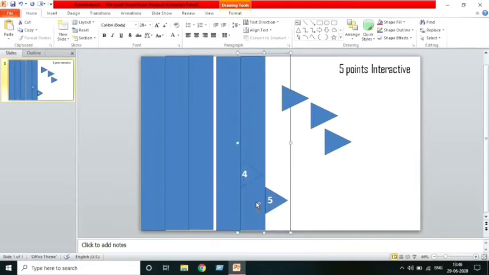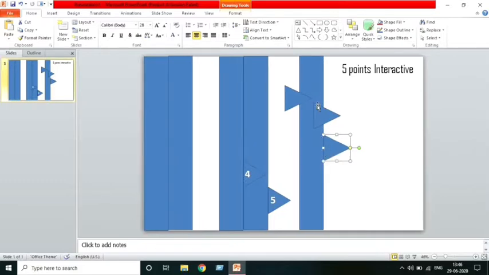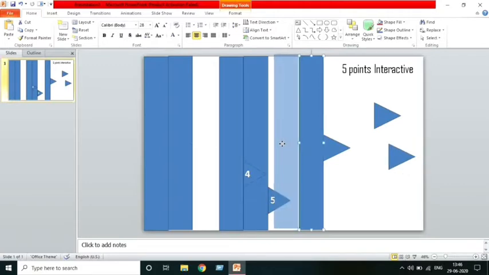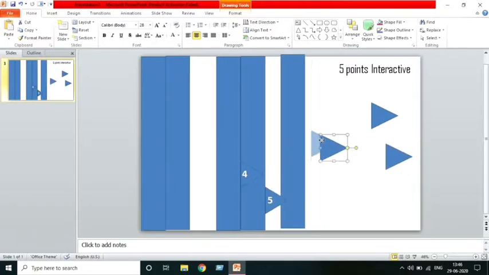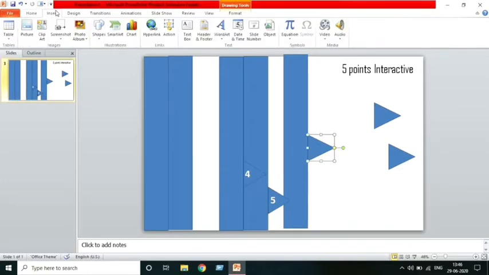As same as we will be doing with this rectangle as well, and just try to fix it on the fixed level so that it could be easier. Okay, here you can see, please keep an eye on alignment so that it should look beautiful. Now again add the text over here, insert text box.